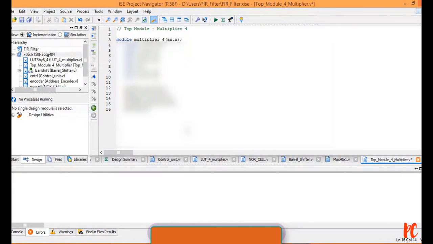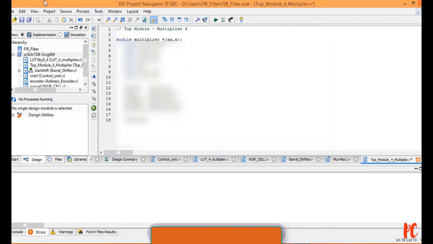Let me give it as G5 and instantiate with AX, W4, W1. Finally, I am going to end it with endmodule.